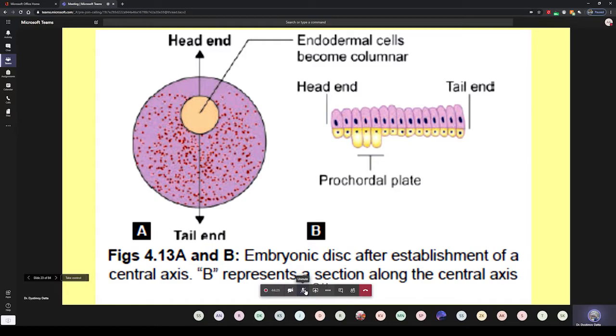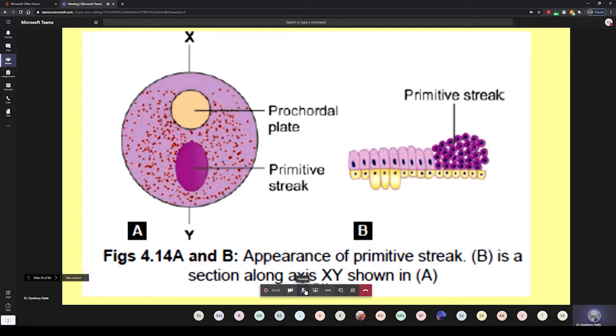So from this picture, you can make out that the prechordal plate has a role in establishment of the central axis. Let's go with the next picture. Okay. Once the prechordal plate with the central axis is present, now you can see this picture which is opening up in the caudal part